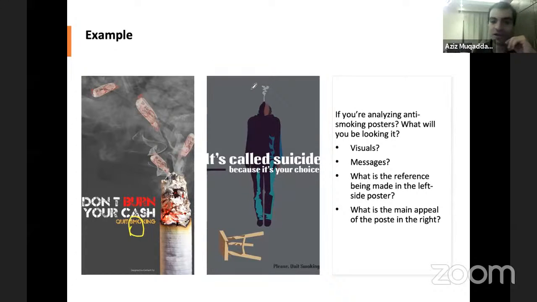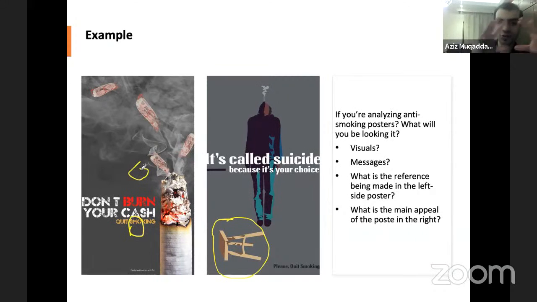Right. Yeah. It's committed suicide. So you see the angle looks like, yeah, the direction of the head, the chair right here. So yeah, it is like smoking is suicide. So the appeal here is about a life-or-death appeal. The appeal right here is about the monetary incentive. So those two things we would call